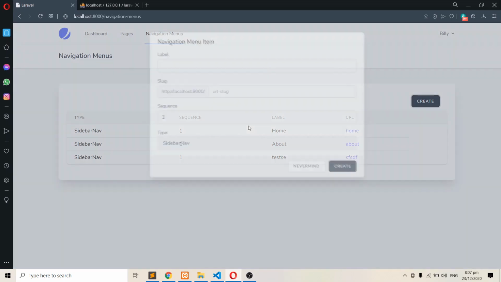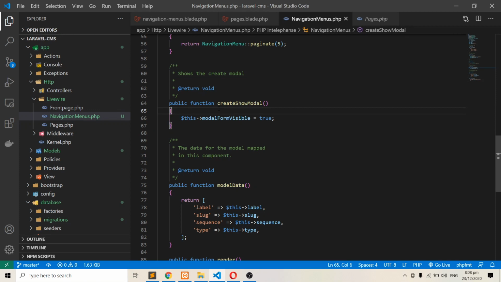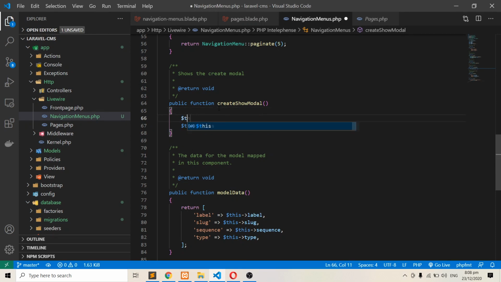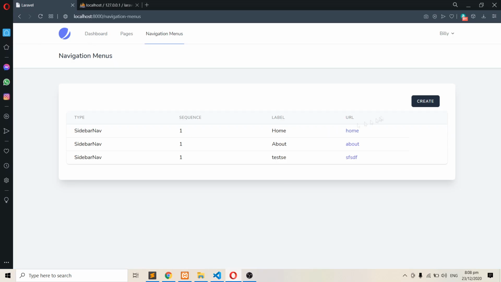You will also see that when you try to open the modal, click the Create button, and then accidentally close it by clicking outside of it, you will notice that error validation does not disappear. One thing that we can actually do is to reset the validation every time we run the Create Show modal. And to be sure, let's also reset all the variables so that we can have a clean slate every time we